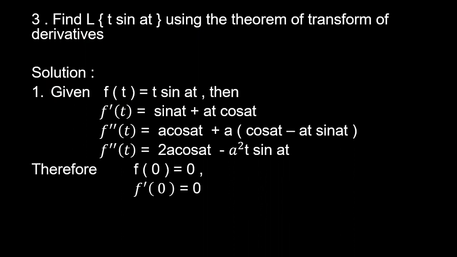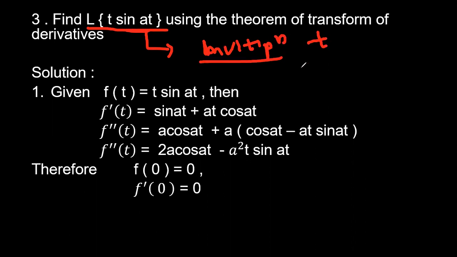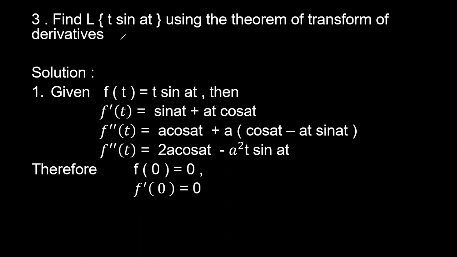So next we'll go for one more problem on this. Find the Laplace transform of t into sin at. This can be simplified by using the multiplication by t method. We have one more method to simplify this problem, which is multiplication by t. But instead of simplifying this Laplace transform of t into sin at using the multiplication by t method, we are solving this problem by using the derivative method. So this is another method to simplify this function.